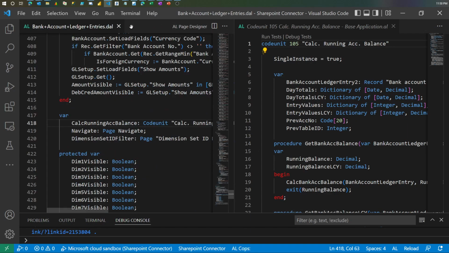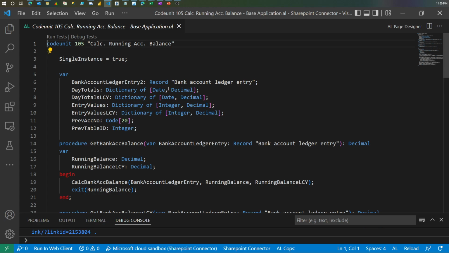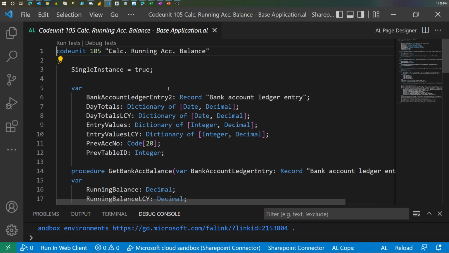Let's close these and let's see this. So there's a new code unit, it seems, called code unit 105, calc running balance, account balance. It's a single instance code unit. Right now, it's only doing it for bank account ledger entries. And if you haven't read about it,